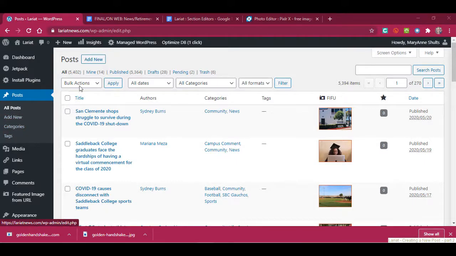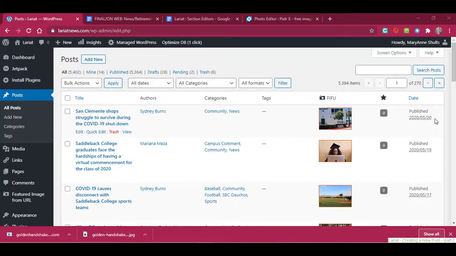The first thing that you'll see is a chronological listing of all the posts. So there's more than 5,000 posts in here right now. You can sort these based on these parameters, or you can search for a post based on a keyword. When you mouse over this, you'll see this is blue. It's a hyperlink. If you need to go back in and make an edit or change to this, this is where you would do it from. The author, the categories, the tags, the featured image or the FIFO, how many comments it has, and the date